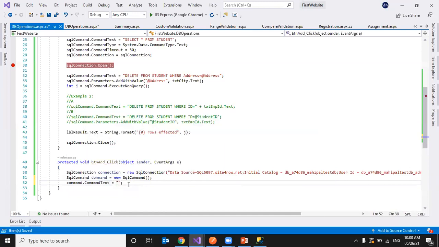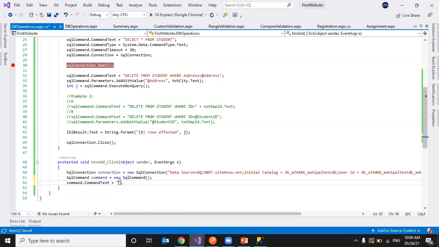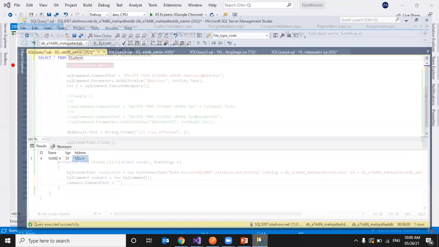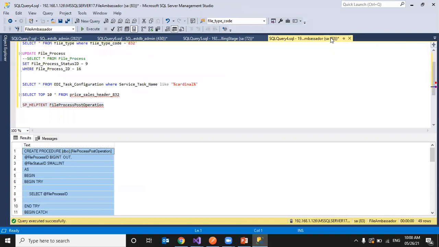So now we want to insert the details of the student, right? We have 3 text fields, and we want to insert this into the student table. To insert that, what is the query in general? Let me check.